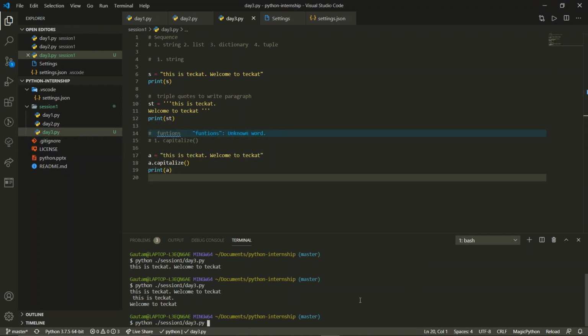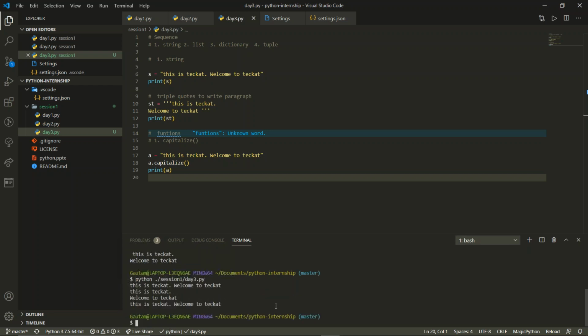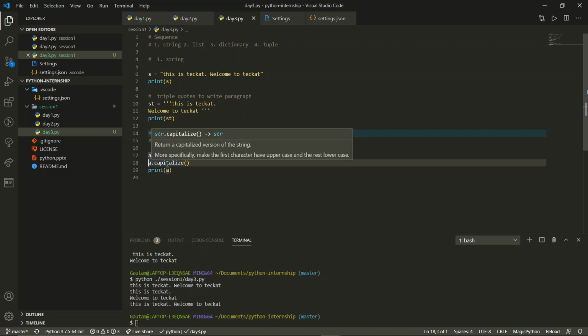There are 2 methods. One, we pass the value, and one, we use the dot operator. So these are the 2 things. Different functions use different things. Now you can see what we have done over here is nothing. We have got the same value. So this function doesn't make changes in the actual part. It actually changes, but we need to store the changes.